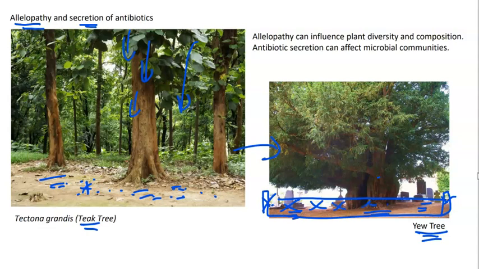But the yew tree, underneath the yew tree, you see these regions where there's no plants growing. And this is yet another example of allelopathy, in which the competitive species are outcompeted and excluded by preventing them from germination. Antibiotic secretion is well known in the microbial communities. Of course, we are all aware of penicillin and the story of penicillin, which is treated elsewhere in the videos on this course. But you may recall the story of the discovery of penicillin when growing on an agar plate,